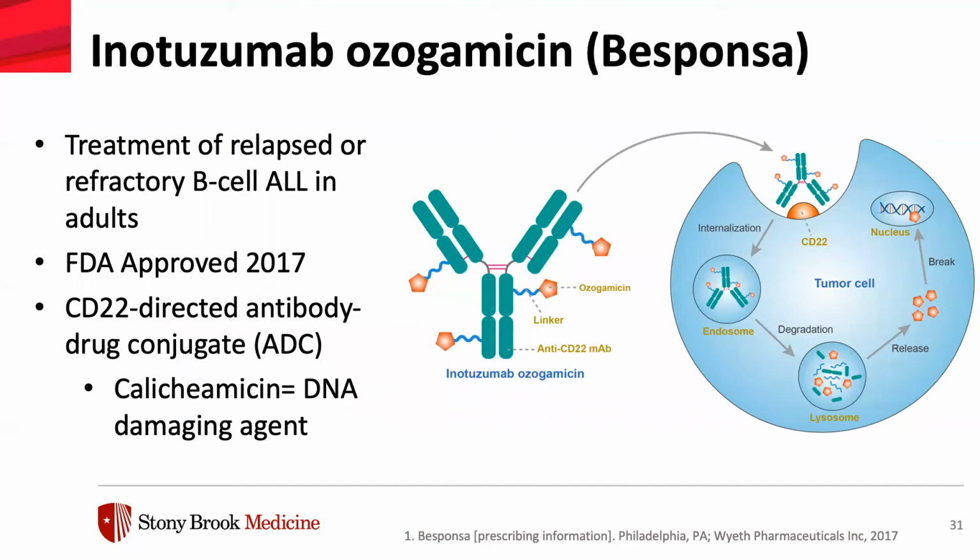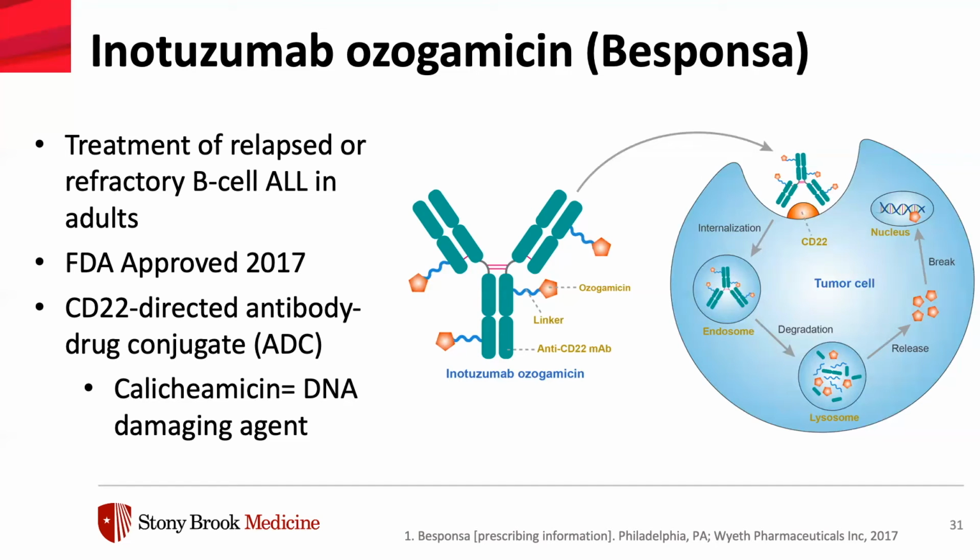And now looking at inotuzumab ozogamicin, this is the next immunotherapy that we'll be speaking about today. It is FDA indicated for the treatment of relapsed or refractory B-cell ALL in adults. It's not currently indicated in children. However, there are current studies going on, as well as some retrospective studies that I'll go over, which really show that it has a great effect in the pediatric population as well, and is pretty well tolerated. So this is definitely in the pipeline to probably have another indication added for the pediatric population in the